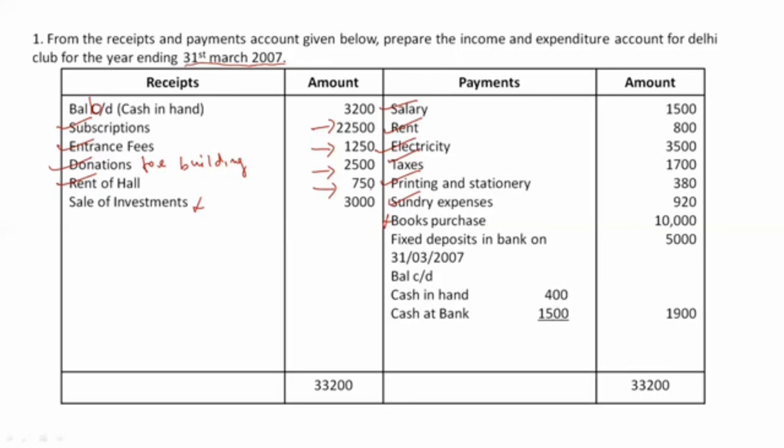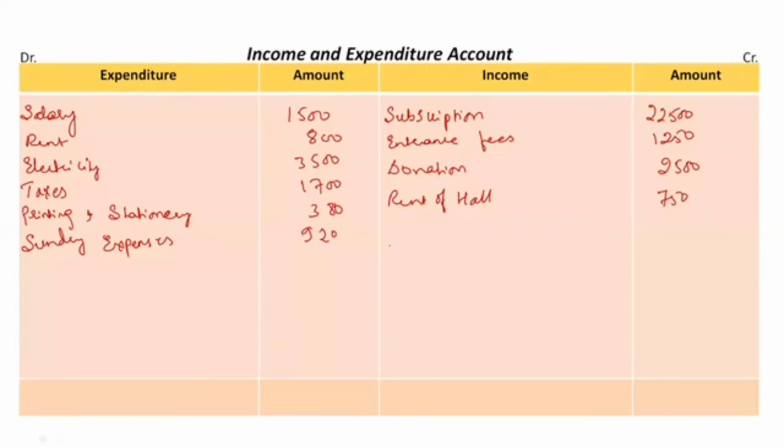Then after that we have closing balances of cash in hand and cash at bank. Closing balances, again they are assets, they will be taken in the balance sheet, not in the income and expenditure account. So only two things we had to remember here. Only current year transactions were taken and only items which are of revenue nature are taken. Other than that, we should not take any other item. Now everything is taken. Now we just have to total it.